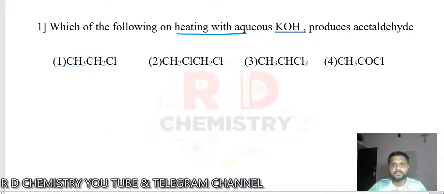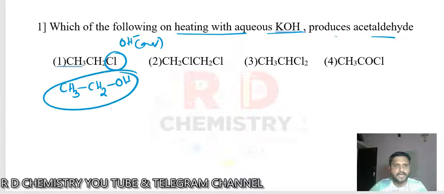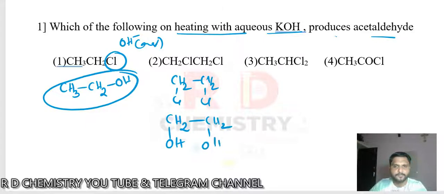Which of the following on heating with aqueous KOH produces acetaldehyde? Let me take this one first. Now we are taking K plus OH minus in the aqueous medium, correct? So Cl can be replaced by the stronger nucleophile, that is OH here, and we will get alcohol. Now if I take this one, this is CH2Cl, CH2Cl. If I introduce the OH groups by nucleophilic substitution reaction, we are going to get diols here. Okay, not the answer. But if I take the third option, CH3CH with 2 Cl,